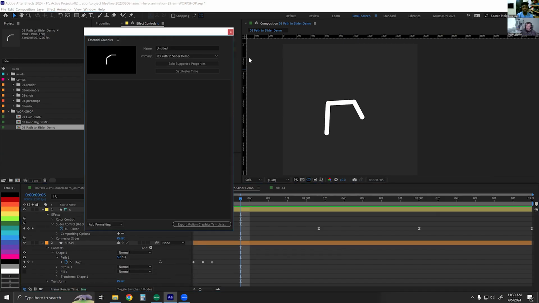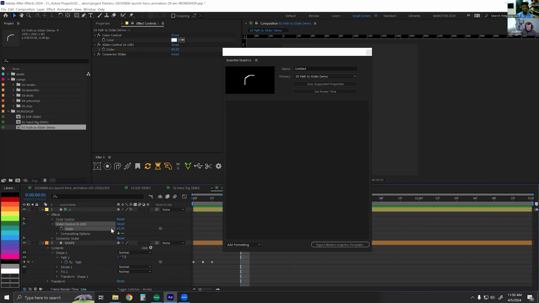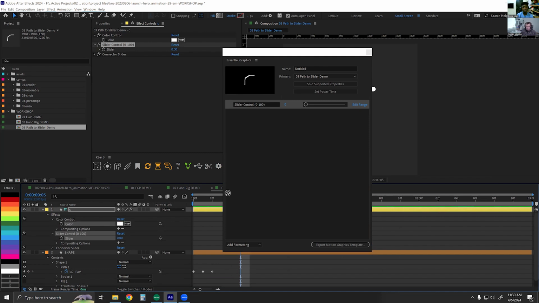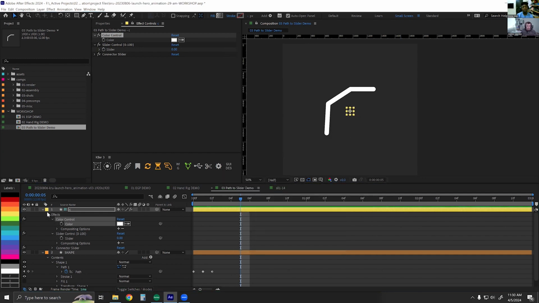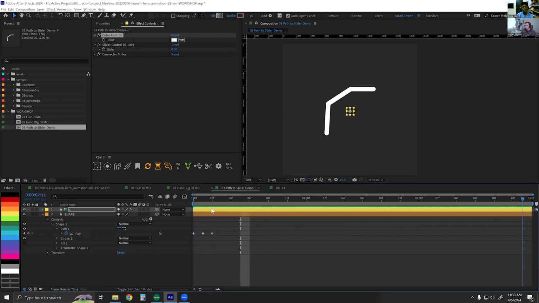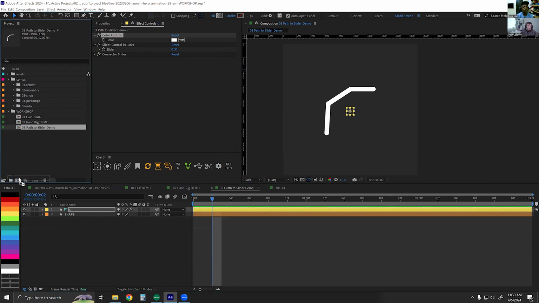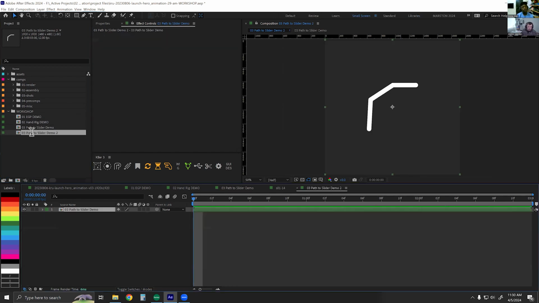In the essential graphics panel, I'm going to put that slider. I'll take away all the keyframes. Put that slider that controls the animation, and I'll also put our color control that's linked to the stroke color. That's all in the essential graphics of this pre-comp, which currently now has no animation. It's just all rigged up. And if I put this rig in a new comp, which we'll call master, here we are in the master. Now in our essential properties,